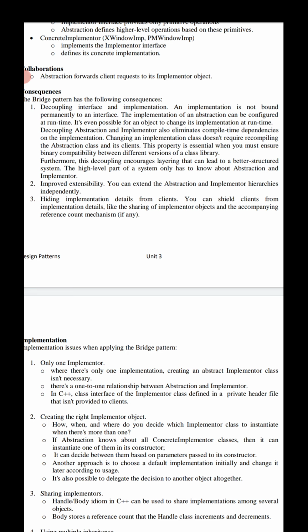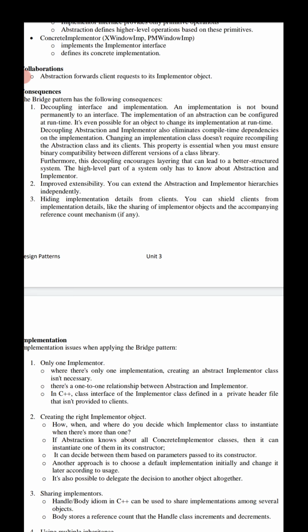The third consequence of the bridge design pattern is hiding implementation details from clients. Hiding is nothing but abstraction.